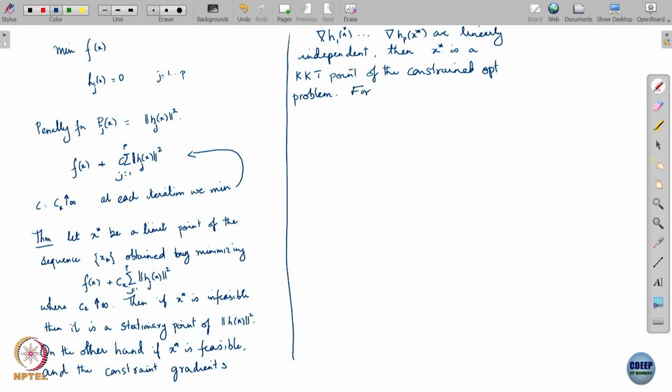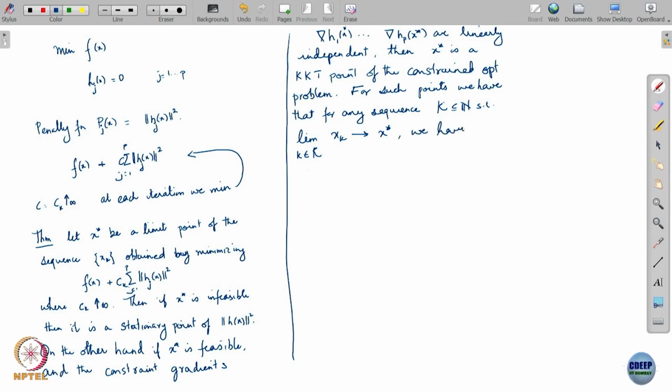For such points, we have that for any sequence K such that the limit as k in K of x_k tends to x star, we have the limit as k in K of c_k times h_j of x_k equals